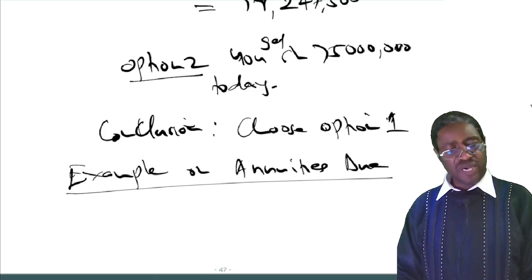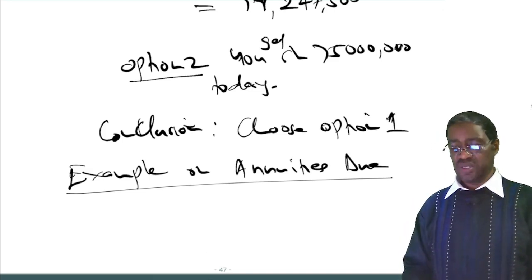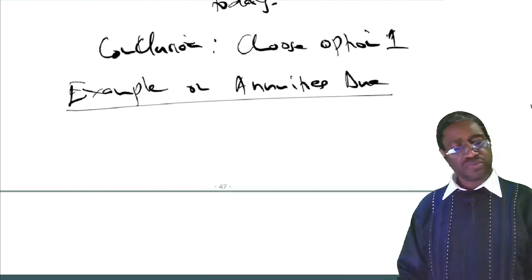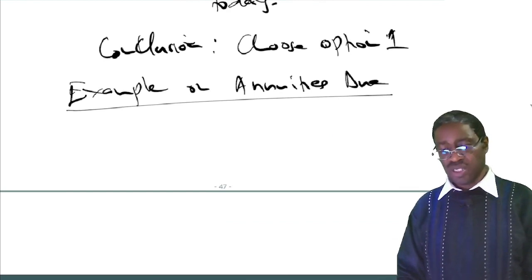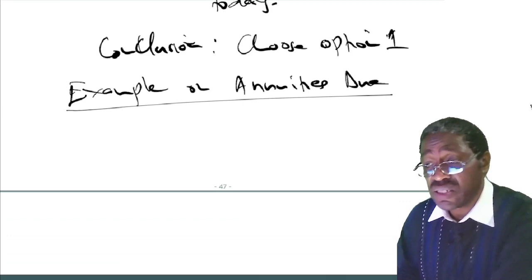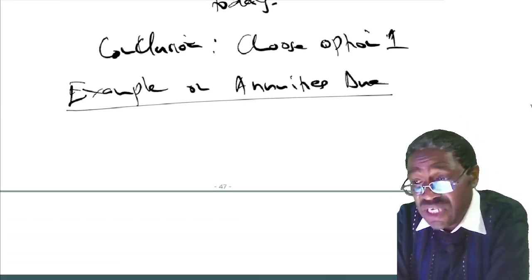Let's copy an example. Example on annuities due. Okay, say this. Mr. Kamau will receive